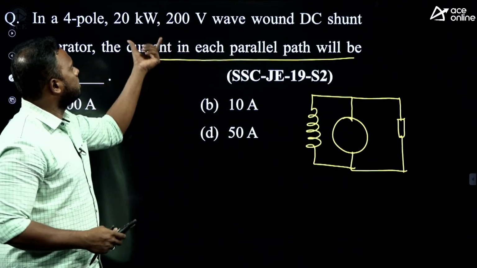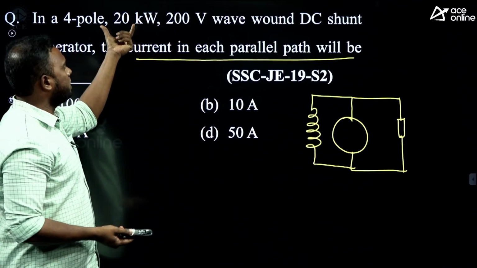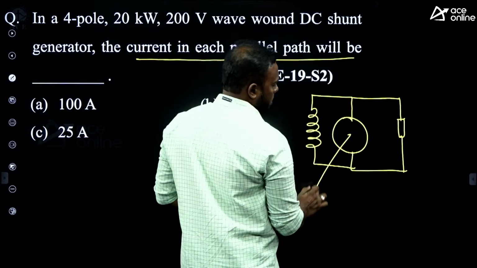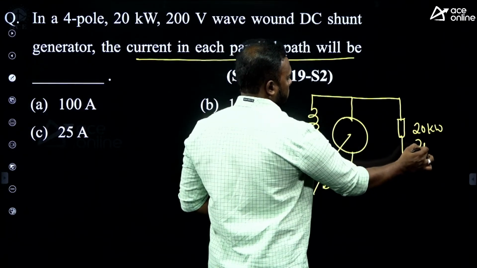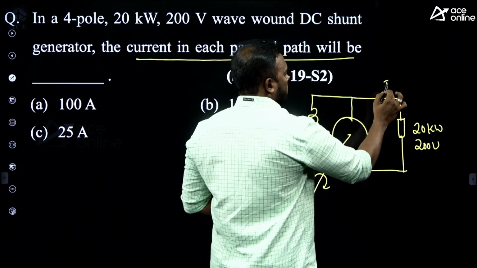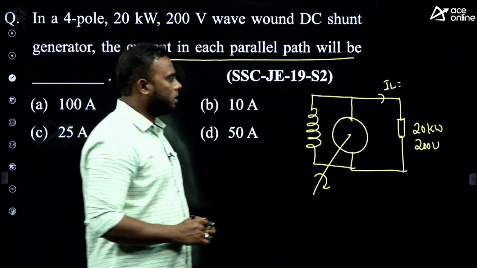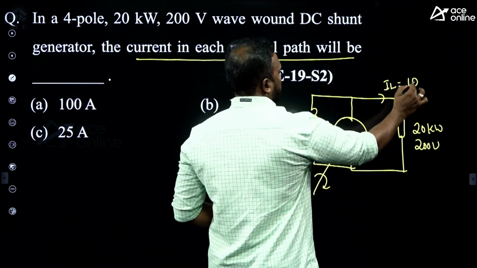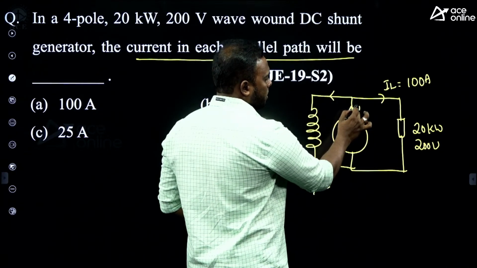Load connected is power rating given, so let us take the full load capacity itself directly, 20 kilowatt power, and voltage is 200 volts. Then what is the current here approximately? 20k by 200, how much it is? Yes, 100 amperes. This is the load current, and here field current is there, and here armature current is there,